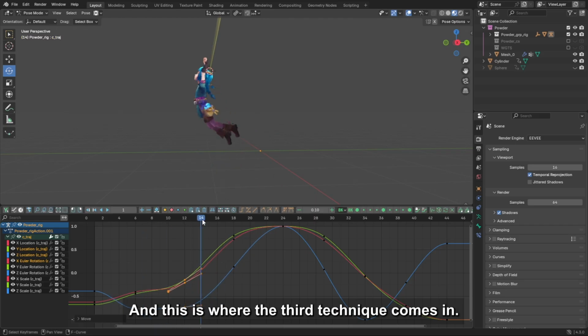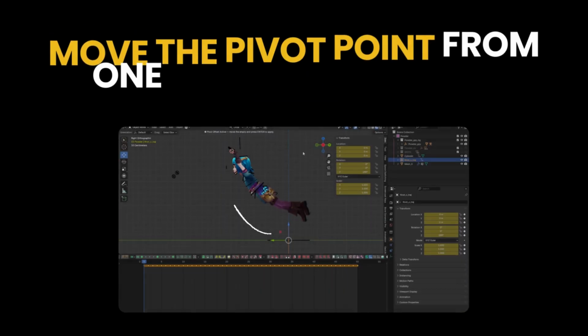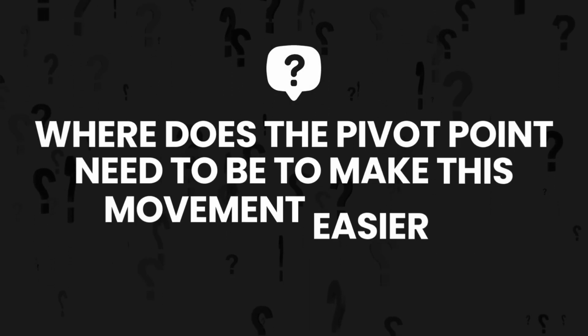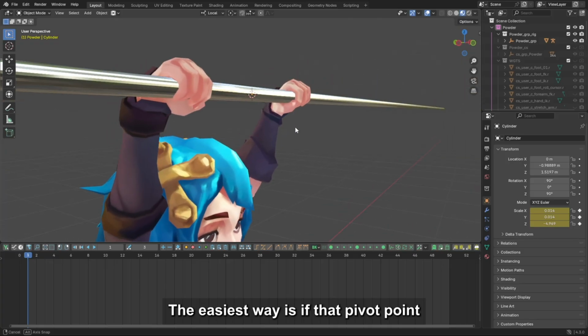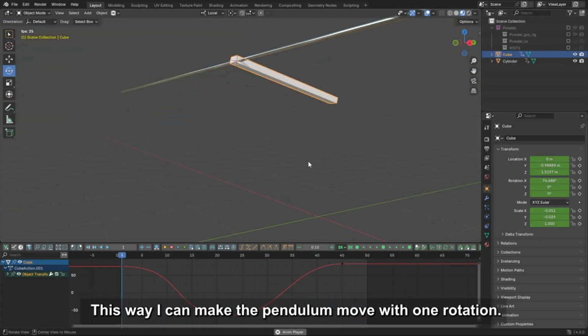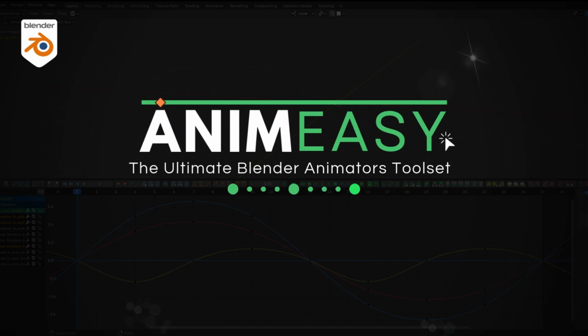And this is where the third technique comes in, called pivot offset. Another cool name to say that we're going to move the pivot point from one place to another. To do this, you just need to ask yourself, where does the pivot point need to be to make this movement easier to interpolate? The easiest way is if that pivot point was at the center of the bar. This way I can make the pendulum move with one rotation, and doing this with ANIMATE is very easy and